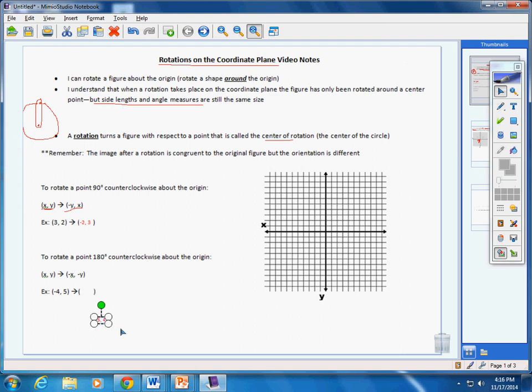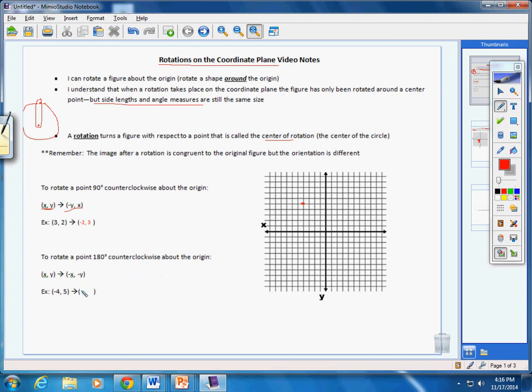Oops, that's not correct, Mr. Dudek. Negative 4, 5, if we graphed it. Let's do that. 1, 2, 3, 4. 1, 2, 3, 4, 5. Right there. If we're going to take it 180 degrees,